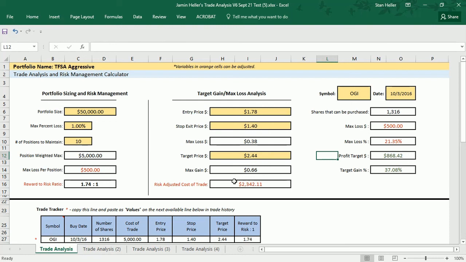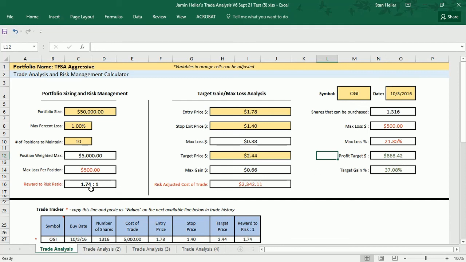So that then takes into account that our maximum cost of trade would be $5,000, but with this trade setup we could buy as much as 1,316 shares at $1.78 and still be within the $5,000, and it would still be within the $500 maximum loss per position. That would be a 21% loss. That may be a little steep for some investors and traders, and if it is, we need to do some more adjusting. But we do have a nice target gain of 37%,